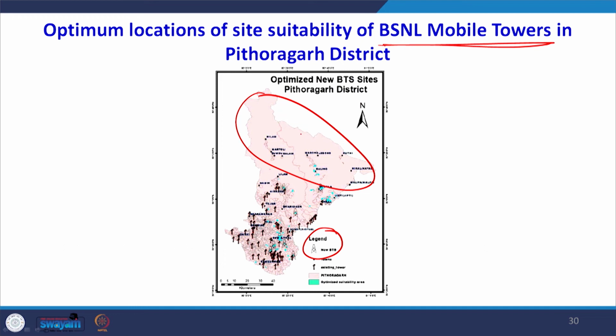So, some new locations can be identified with the help of the defined scientific criteria, carrying out the spatial analysis in GIS, providing the weights and the ranks to those different parameters. Now, this is another study which I wanted to show you about the rainwater harvesting in the Mussoorie region in